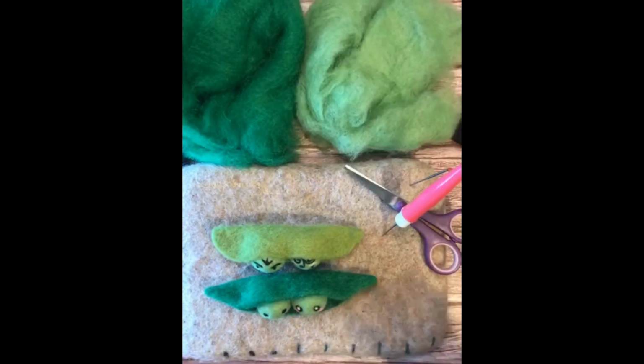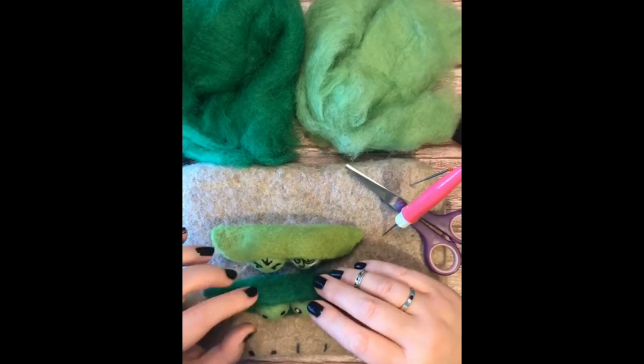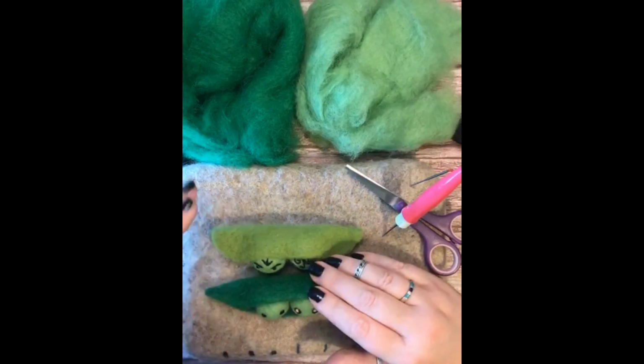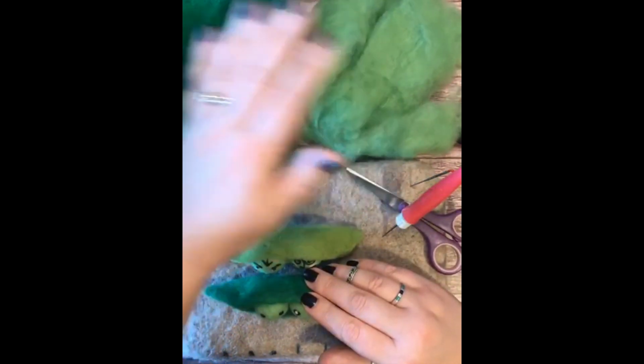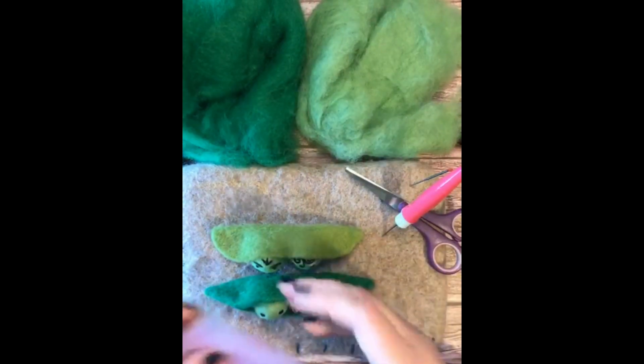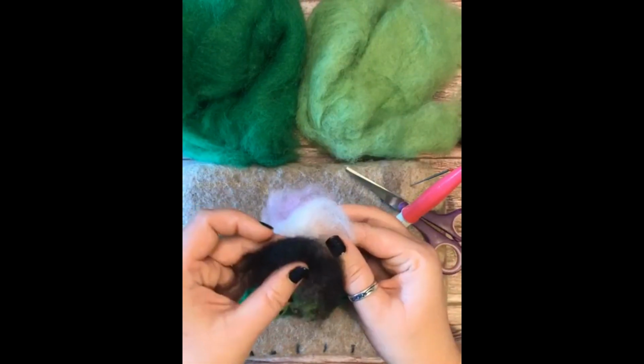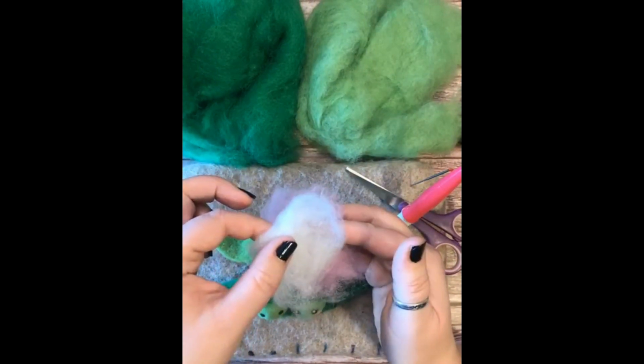So all you're going to need for today is a light brown, no, not brown, unless you're making brown peas, that's absolutely fine. A light green and a dark green, okay, that's all you need. Nice and easy. And then really tiny pinches of black for the eyes,